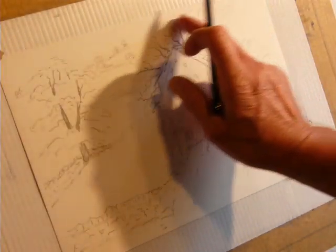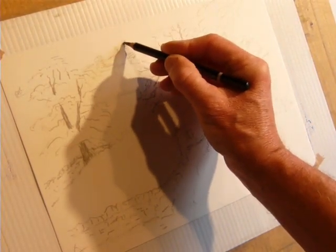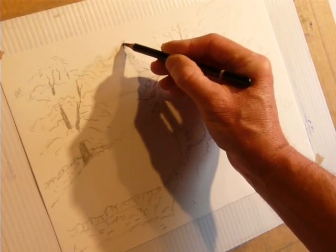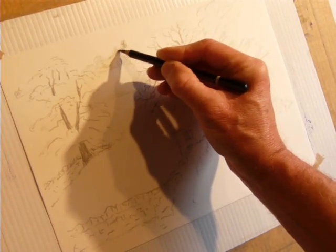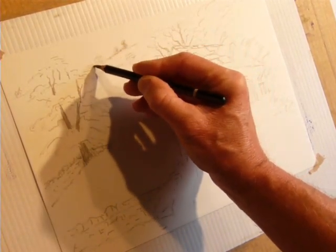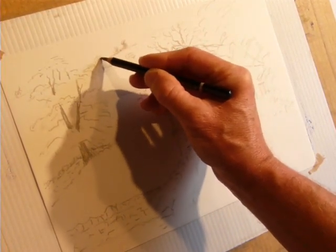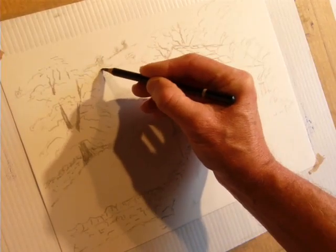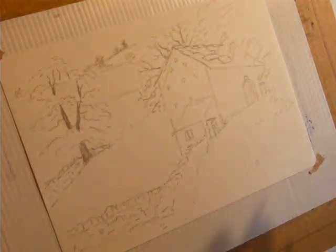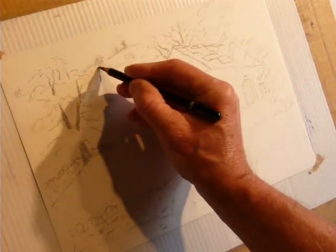Well, very little sky indeed. So what I'm going to do is just put in a couple of darker trees up the top there, a bit of hedging perhaps. That tree is not too dark, so that can be a lighter tree if you wish. Well, perhaps we'll put a bit of colour onto that. I'm going to have light coming from the right hand side. So we have to remember that when we